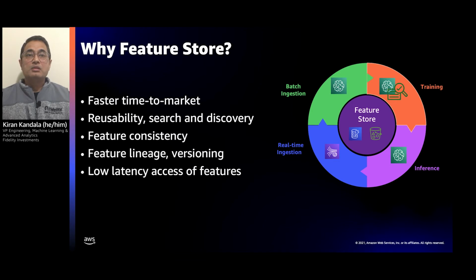We started off based on the research that 80% of the effort is spent in data preparation, which includes feature generation. Being able to generate the features once and reuse them across various models, both for training and inference, was the key. Data scientists want to track and share features with their fellow data scientists who are experimenting with different models. But in order to be able to do that, searching to discover those features is very important.